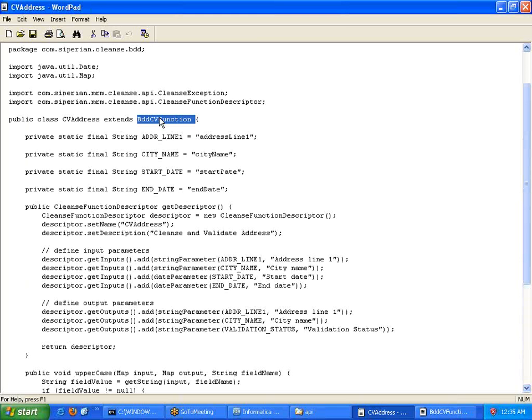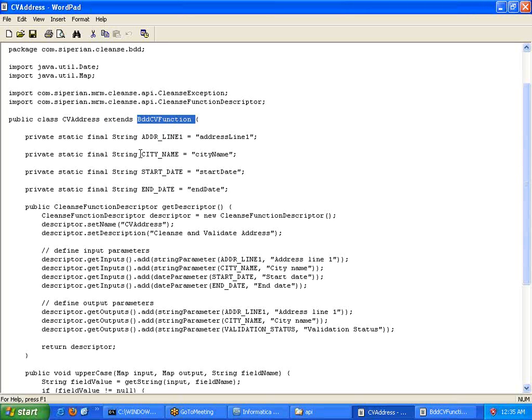Now in order to make those common methods available within your own user defined class, what we need to do is use the extends keyword, which means what? Using the extends keyword in Java, we can extend the functionality of what we have in this particular class, which means we can derive whatever methods we have and access them over here. On top of that, we can also override if needed, or else we can only make use of it.